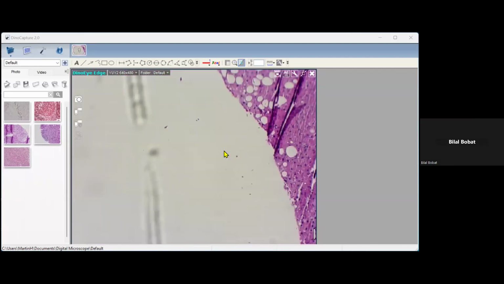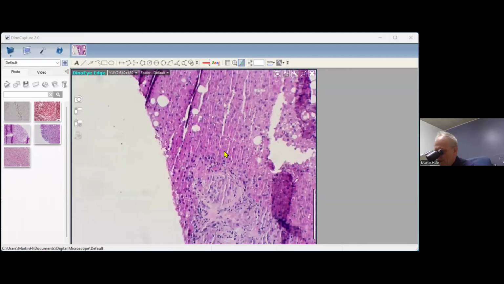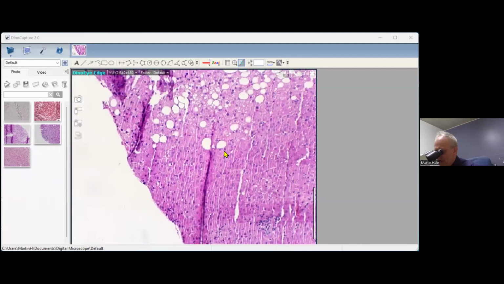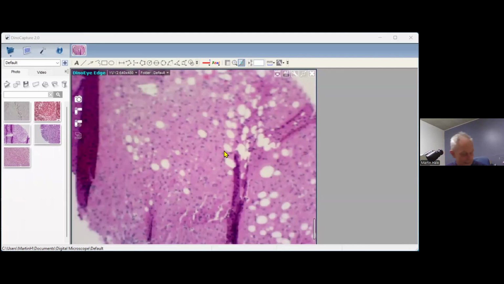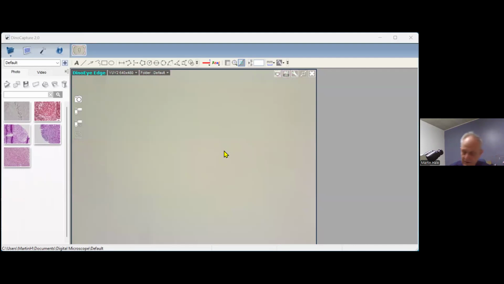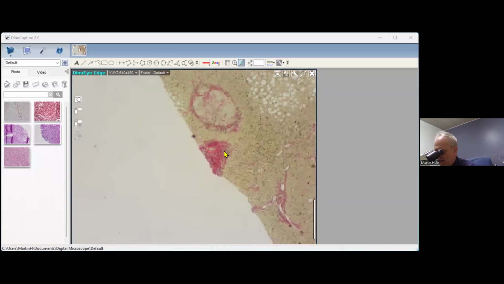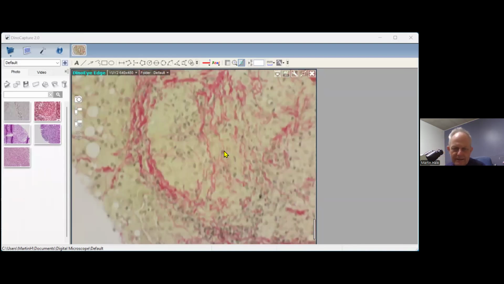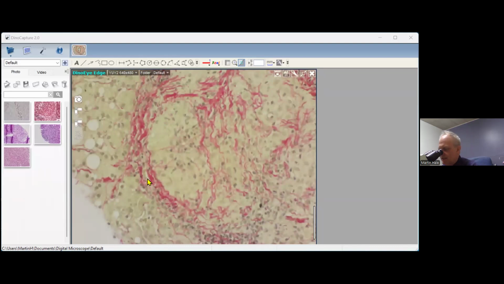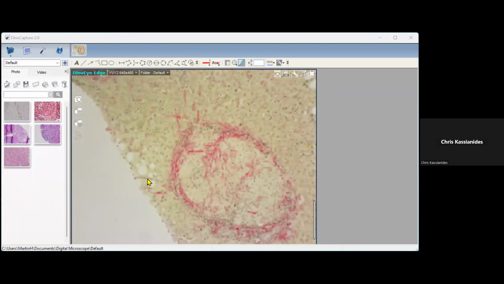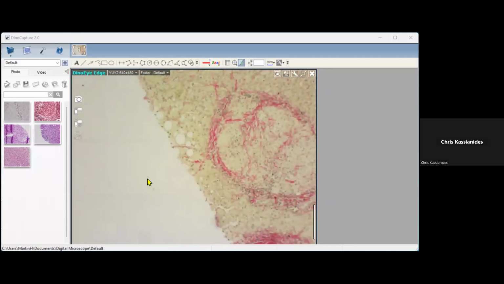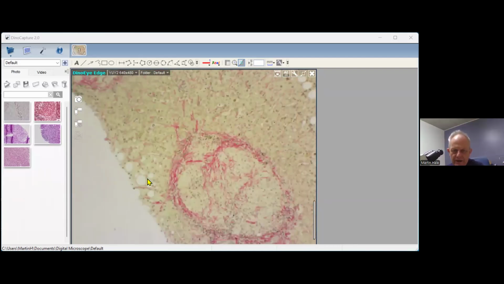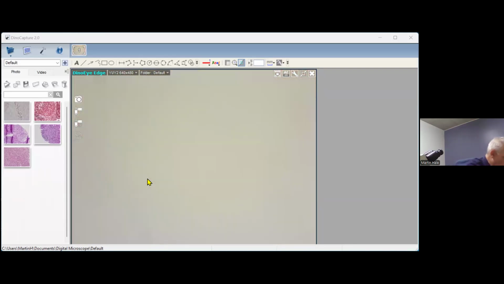Thank you. So what I want to do is, because I've got another trick up my sleeve, I want to go to this here. This is the Sirius red. Once again, jumping around. And there is a granuloma, which has come out on the Sirius red. And you can see that you've got this perigranulomatous fibrosis. And there's another one, the capsule. And that beautiful, yeah, very well demonstrates the perigranulomatous inflammation. Unfortunately, it doesn't really come up on the H&E other than